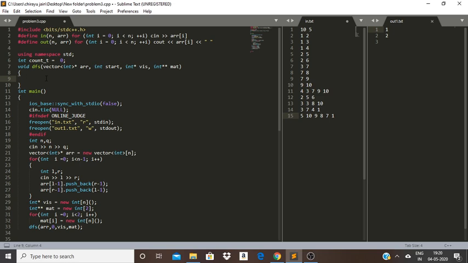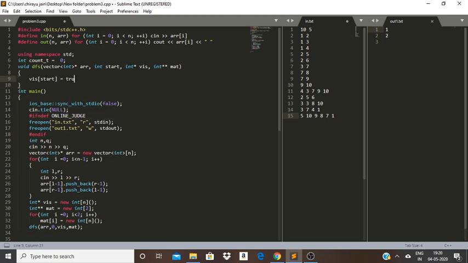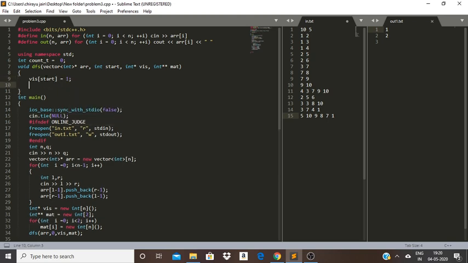What we do in DFS is we'll first make visited of start equals to true, and for i equals to 0, i less than array of start dot size, i plus plus